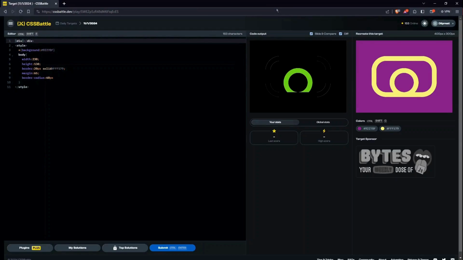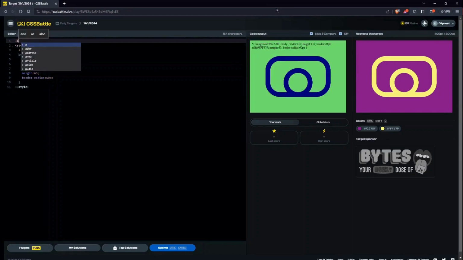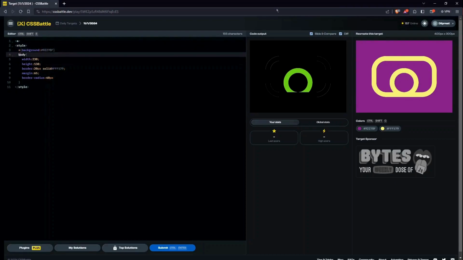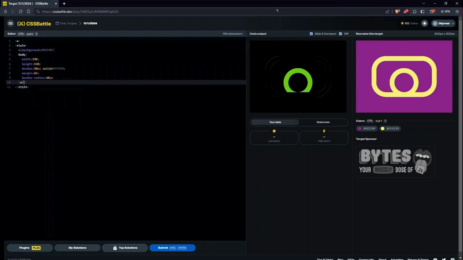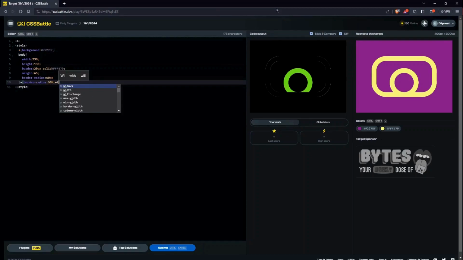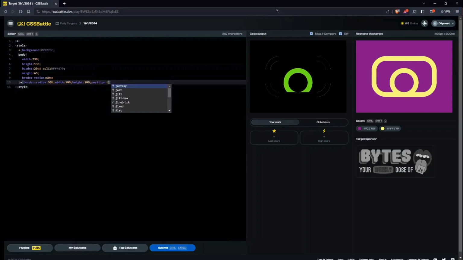Now we'll only use one div, which is A, and A will have, first of all, it is a circle, so border radius 50%. Okay, width and height will be, I'll take a rough guess of 60 or maybe 100. Let's go with 100. And again, height is also 100. Position fixed,